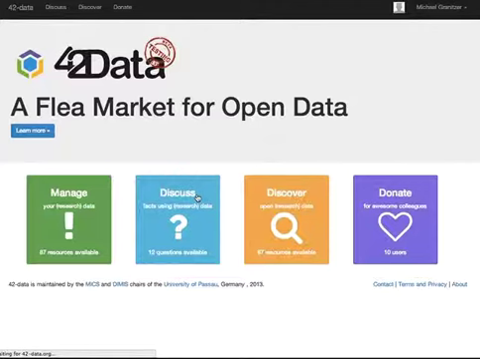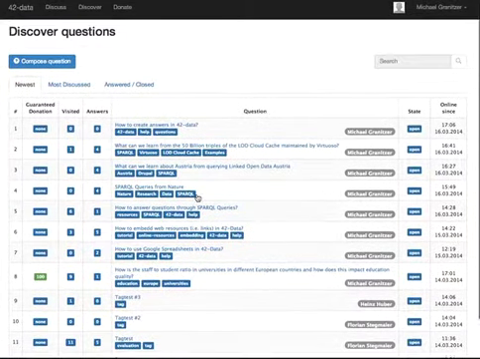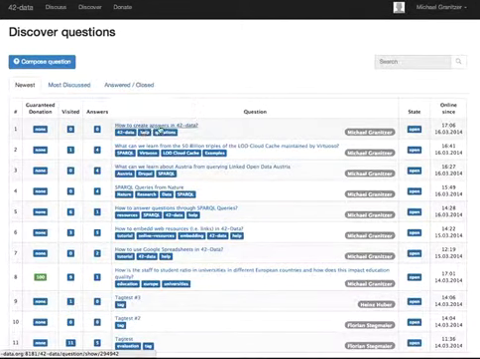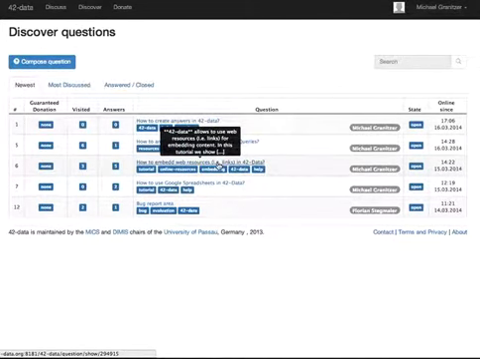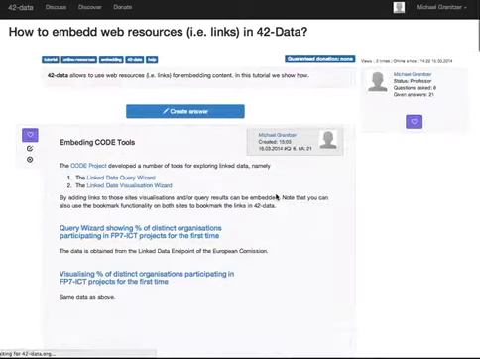As always, I'm going here to the discuss page, which has a number of questions. We have created these how-to queries, which are basically the foot to the help system, and in that there is already a question on how to embed web resources in 42 data. So, showing that question,